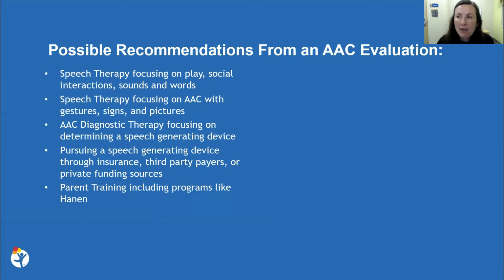From an AAC evaluation, we can have several recommendations. We can be looking at speech therapy, where we're still focusing on play, social interaction, sounds, and words. We may also be incorporating some AAC tools and strategies, whether that be gestures, signs, pictures, or speech generating devices. We may be looking at diagnostic therapy, which to me